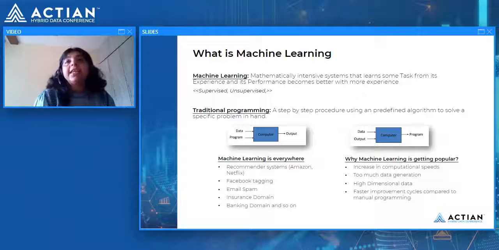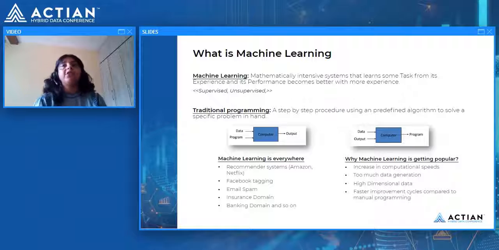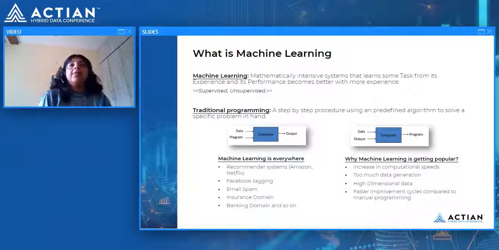But in case of machine learning, it is slightly different. You give in the data and you give in the output, and you get some program, which we call a model. And that model is created over a period of time. If you train it again and again, and you tweak the parameters or the weights which are being passed into the program or the model, then you get the final model, which is the outcome of what you actually want: how good it is, how well the model should behave, and with what accuracy it should work.